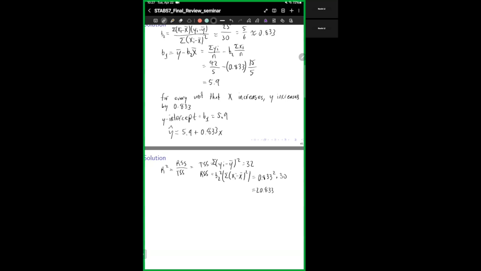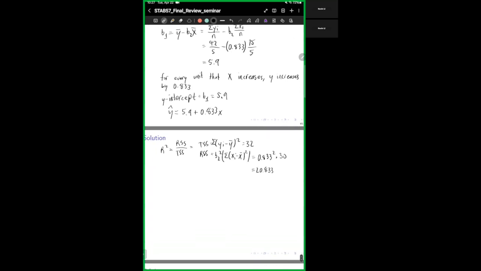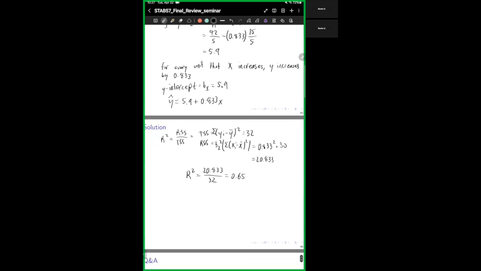So then r squared is equal to 20.833 over 32, which is equal to 0.65. So in short, this means that